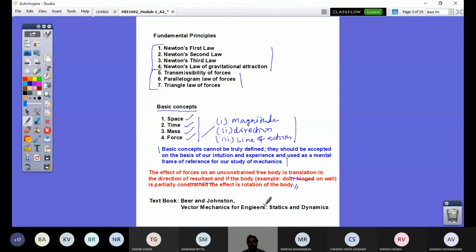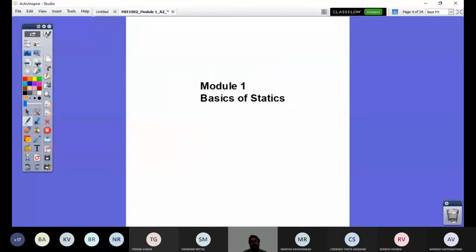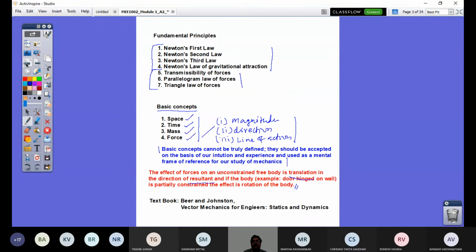And the textbook that is recommended for this course is Vector Mechanics for Engineers, Statics and Dynamics by Beer and Johnston. So you would download the e-copies from the internet, but I would always suggest that this is a classical textbook that you would buy and hold as a treasure, as a resource, a treasure at your home, right? So this is all that we were briefing and looking at in the last class.